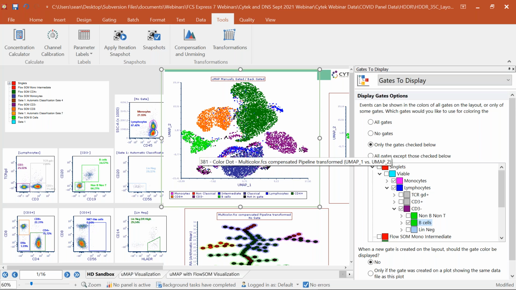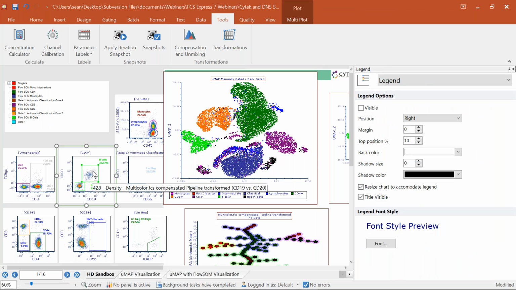And sure enough, this little population in the bottom left is highlighting because that's our B cells. And then if we come over to our gated data from our standard analysis and we move that gate, you're going to see that that population is updating based off of that. Right? So, again, this is a classical way to do some of this phenotype naming,